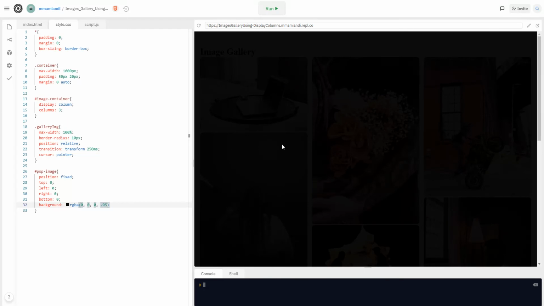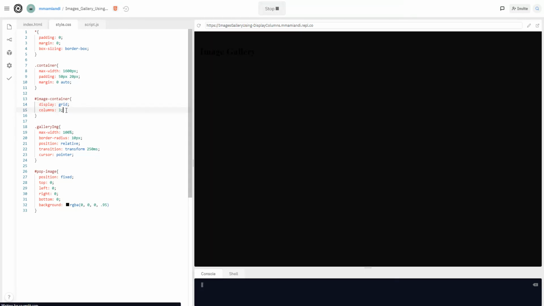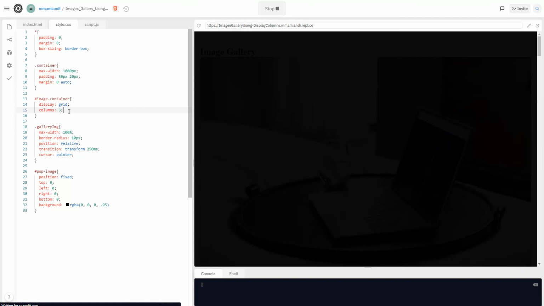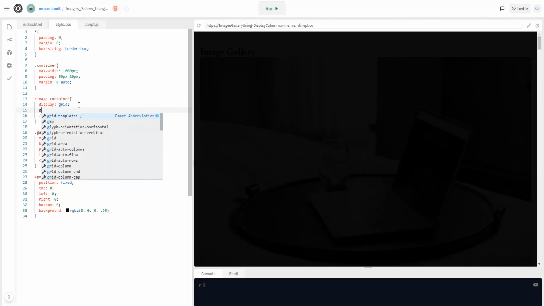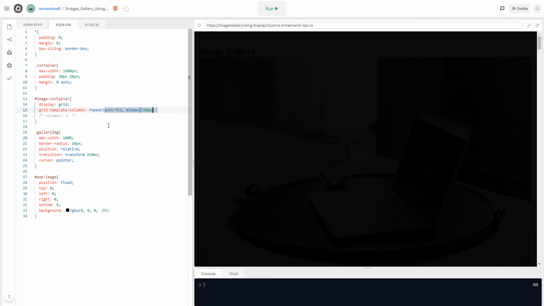If you try to use grid display on this our container, let's say display grid, and you say grid template columns, then we set it to repeat, we say auto-fit, then we say minmax, let's say this one is 350 pixels, then here is 1fr. I just quickly want to show you what will happen here,